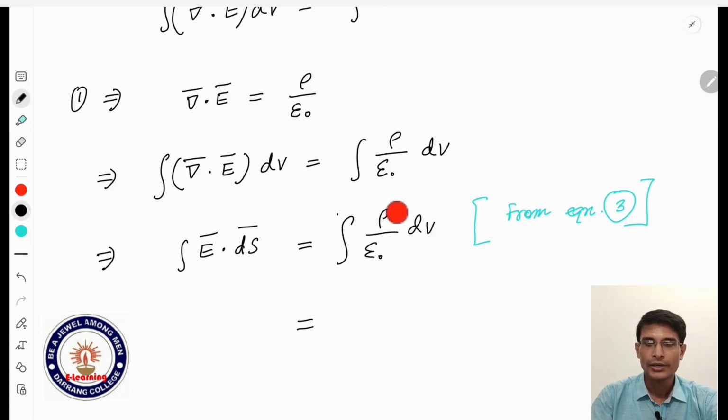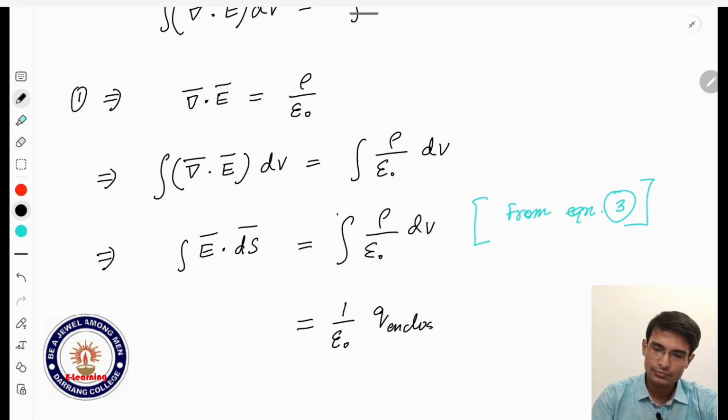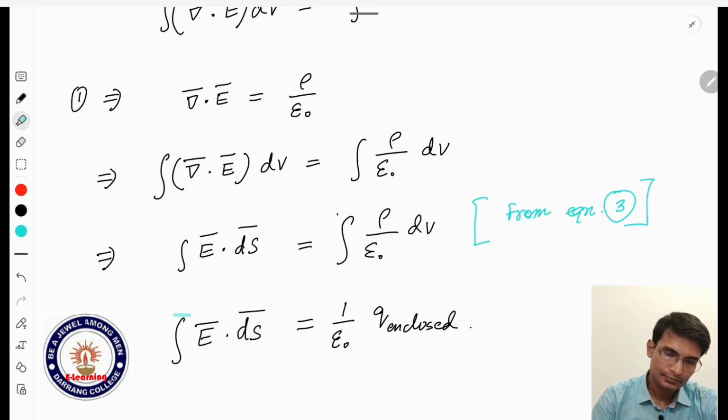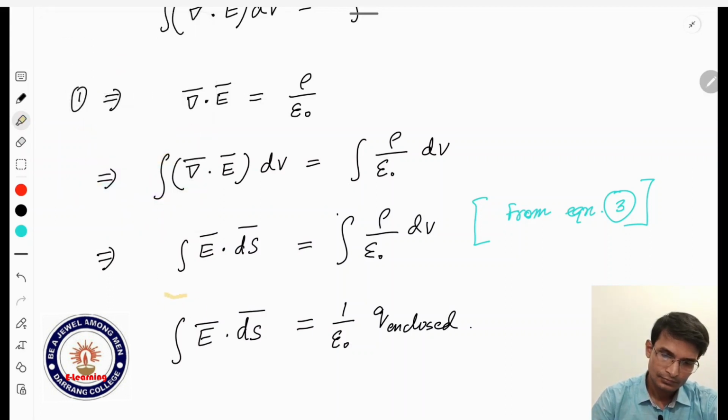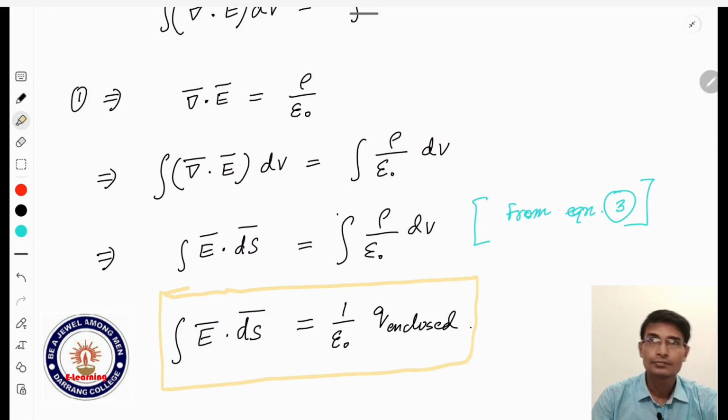So now, as I have already discussed, rho is the volume charge density. If we integrate the volume charge density over the volume, we will get nothing but the charge enclosed. Epsilon naught is a constant. So we will get 1 by epsilon naught times the integral of rho dV, and the integral of rho dV will give us the charge enclosed. So you see, we get back our integral form of the